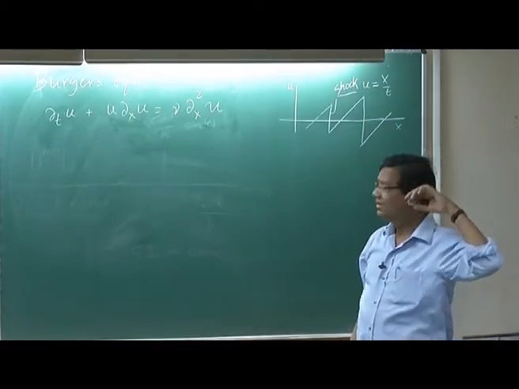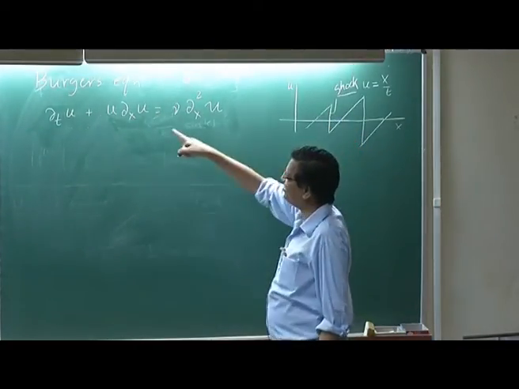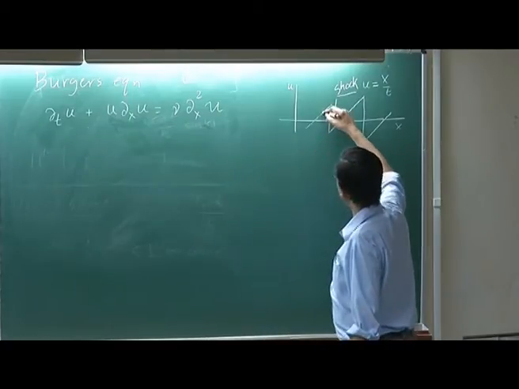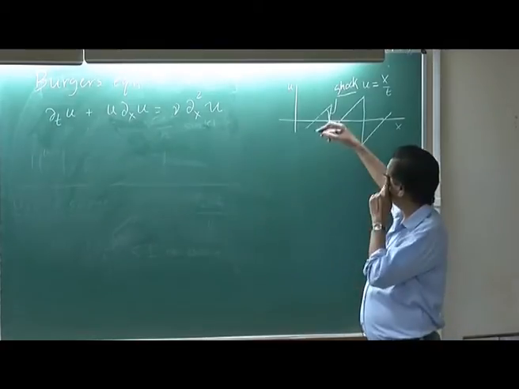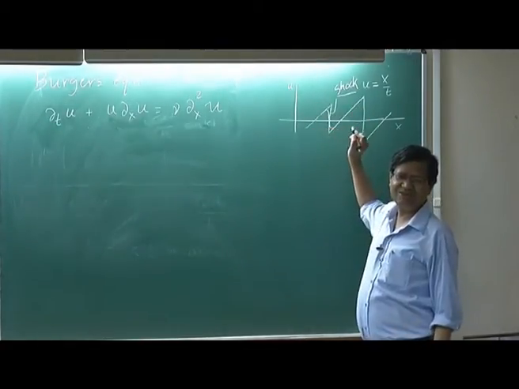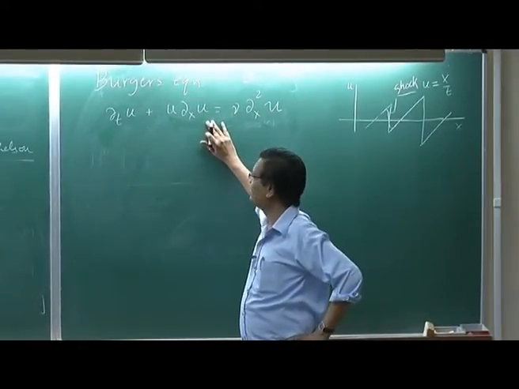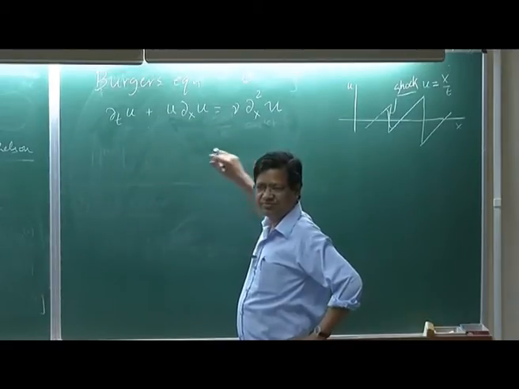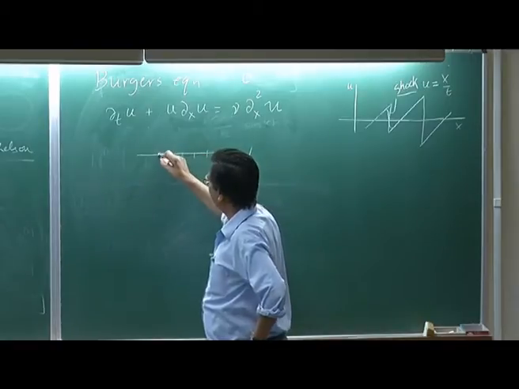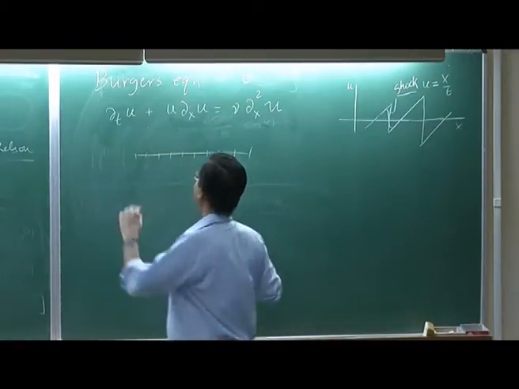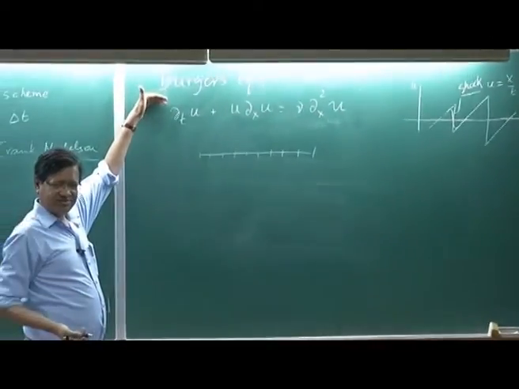Now, we can get this from here, but not quite. Numerically, if you solve, you will get something like this. You will not get a shock, because these are mathematical solutions, you will never get them on a computer. Okay, so, let us solve it on a computer. I want to discretize it like this. Now, I will write this as an initial value problem. Let us do finite difference.